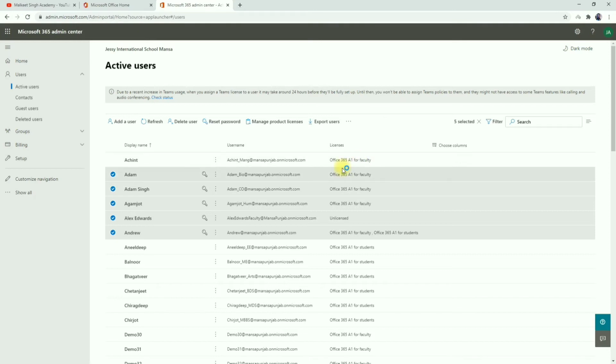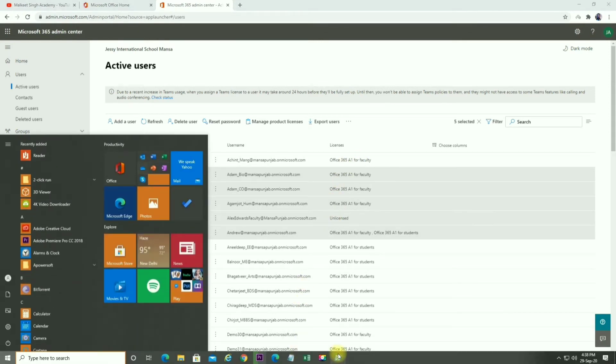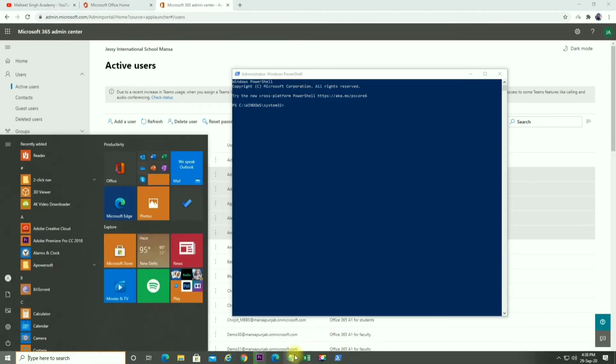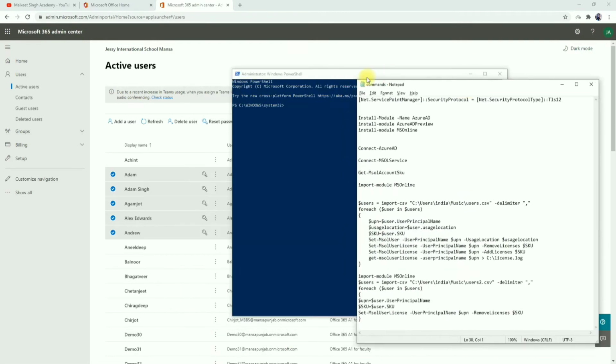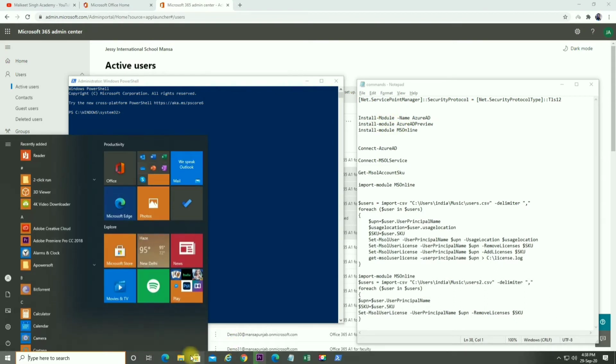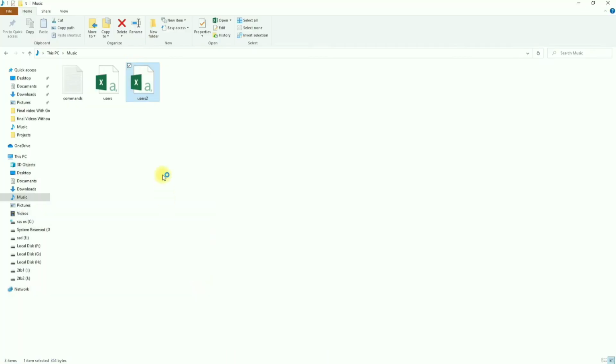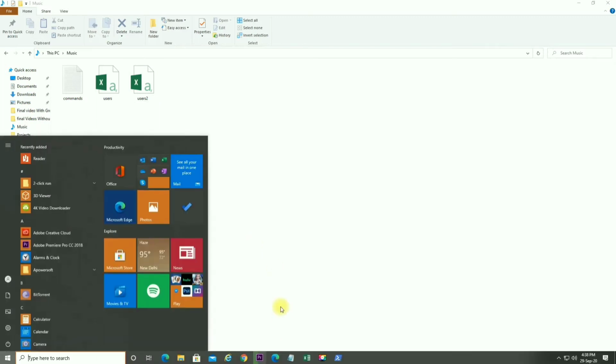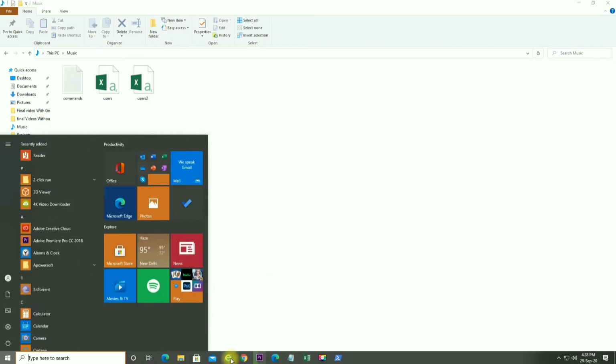After that you have to run all the commands. So these are the commands, and again guys, I have provided all the commands in the description box, so you can use them from there and copy paste just like I'm doing here. One more important thing, I have put all these files like users and user2 in my music folder. Similarly you have to paste your files in any folder that you like, and I'm going to explain further about these things here.